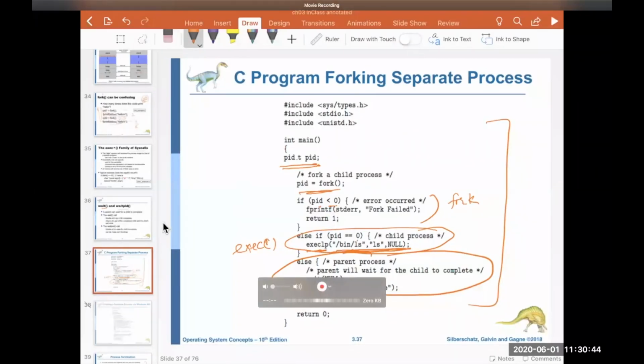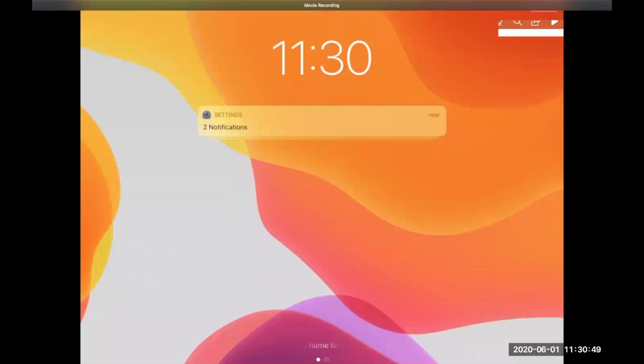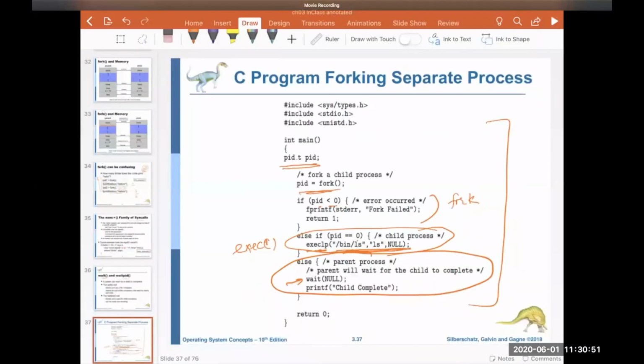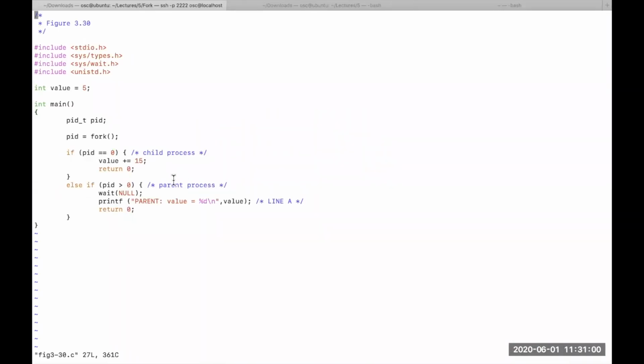Okay, so this is where we left off in the last lecture. We were discussing how to create processes, fork, and how it is basically used. Let me quickly run over one example here. This is a program which shows you how to create a child process within the main process, the